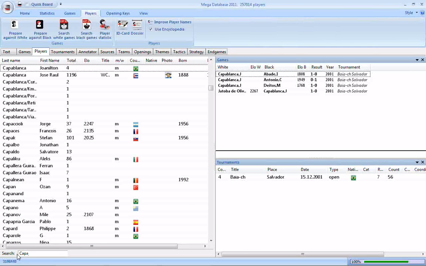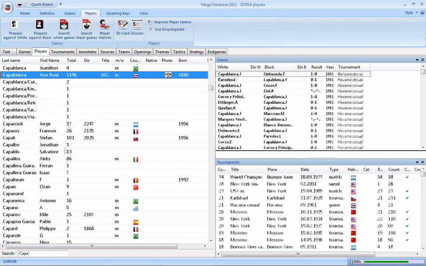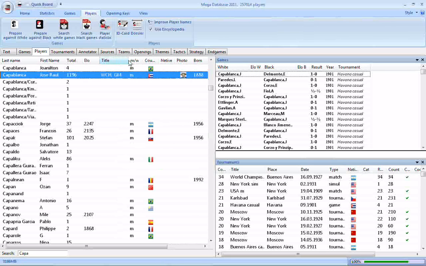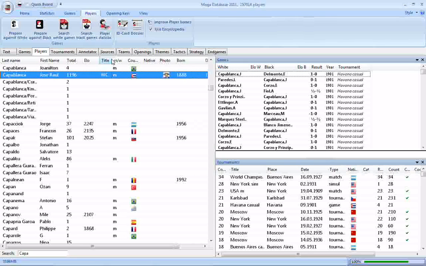But, I hear you saying, what if you want just the white games of that player? ChessBase 11 has you covered. Click on the guy you want, Jose Raul Capablanca, former world champion. That's why under title it says WC. World champion GM. If you just leave it WC, some English person may think it's water closet, and that would not be nice. You have all of his games over here,